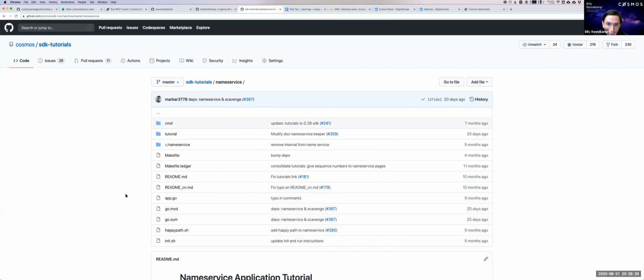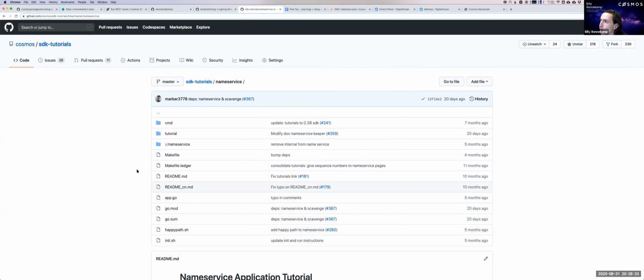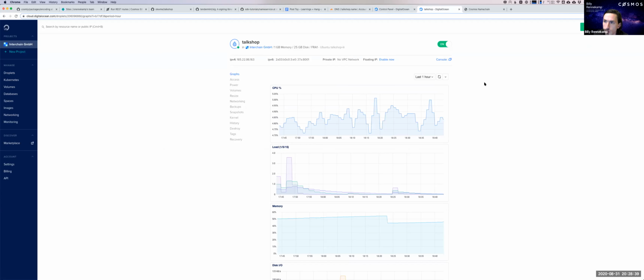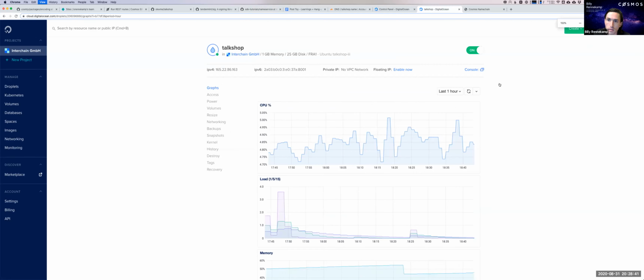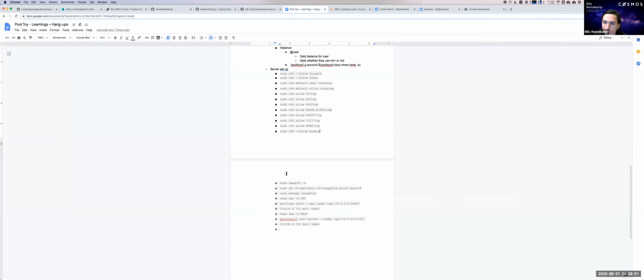just by cloning it and compiling it with a makefile. I ran make install, and then I put it on a new DigitalOcean server. So here's my DigitalOcean server. It is a very small one. It's the $5 a month one from DigitalOcean. I did augment it a little bit. And one of the things that I did